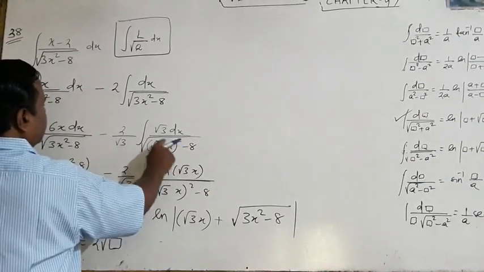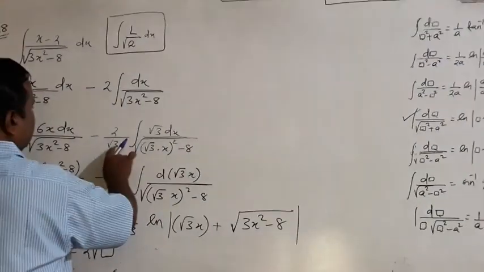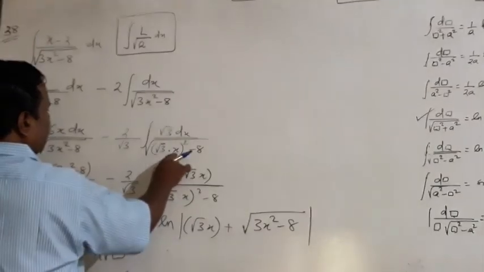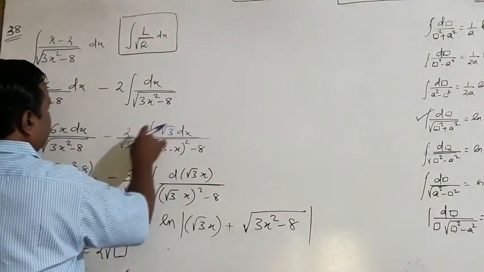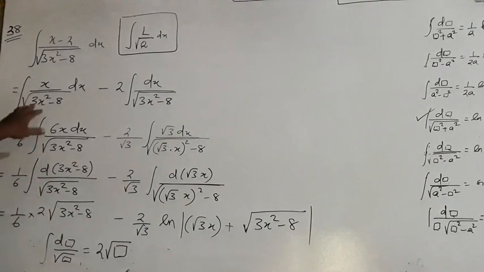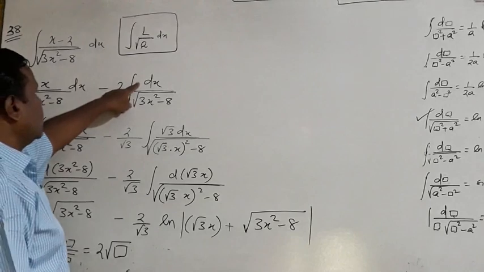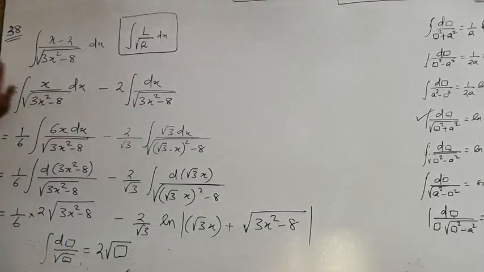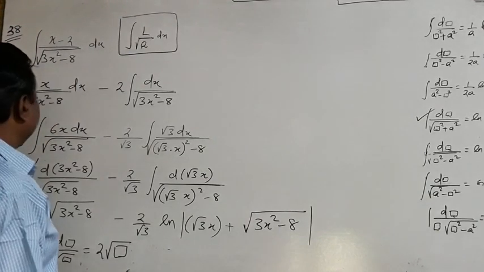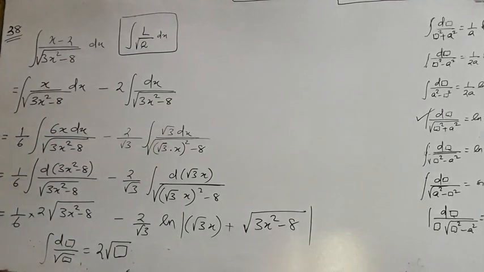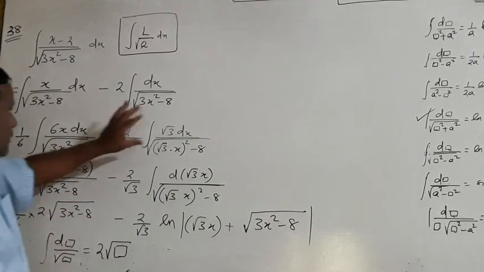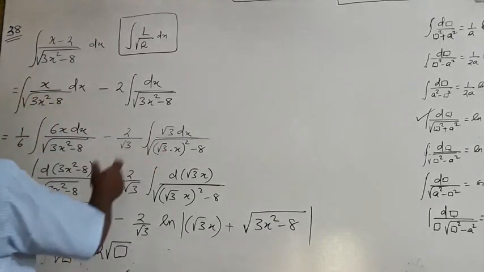And the derivative of root 3 x is what? You multiply root 3. The derivative of root 3 x is root 3 dx. So multiply root 3, divide root 3. You see the difference between them. Here is one linear power. Here is only constant. This is the main difference. You have to differentiate it. So it is linear, and take this as only the constant part. In this part you have to do like this, and in this part you have to make it one complete.